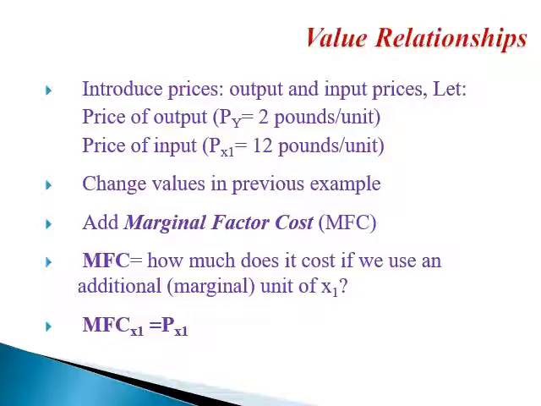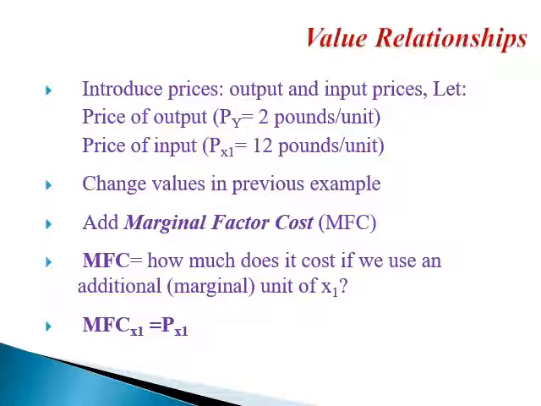This tells you how much you should use of x1 regardless of money, which means that assuming that you are receiving x1 for free and you are selling output for free. Now, of course, we know that in reality this never happens. And we will pay money for the inputs that we use and we receive money for the outputs that we sell. So here we are introducing money to the problem.